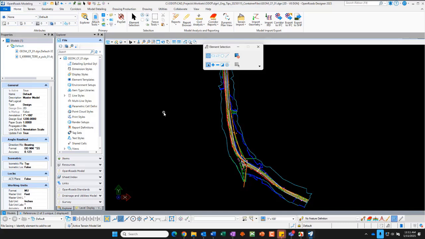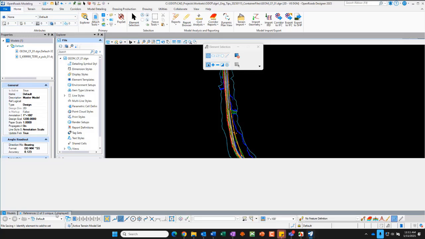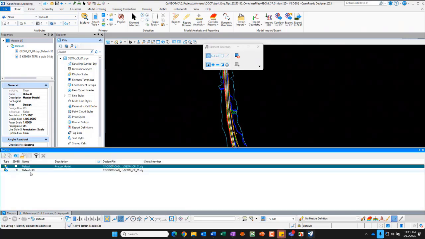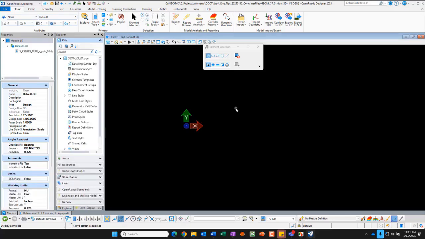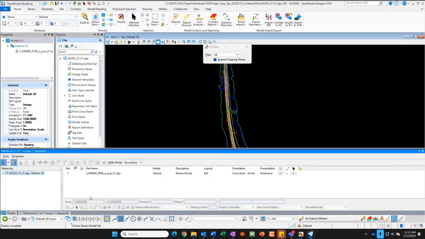What I have discovered is if I detach the terrain here from the default model, oftentimes the reference attachment to the 3D model that's actually in the 3D model is left behind. Let me show you what I mean. I've got a reference attachment here in the 2D model to the 3D, but also if I change models to the 3D model, and look at the graphics, I'm going to fit my view. There's information that's attached there. OpenRoads did this automatically. It made a reference attachment to the 3D stuff